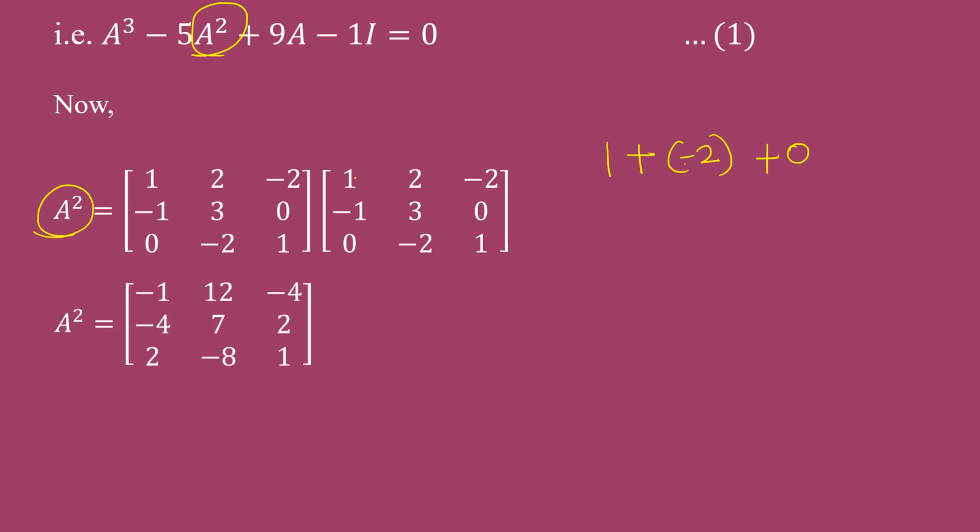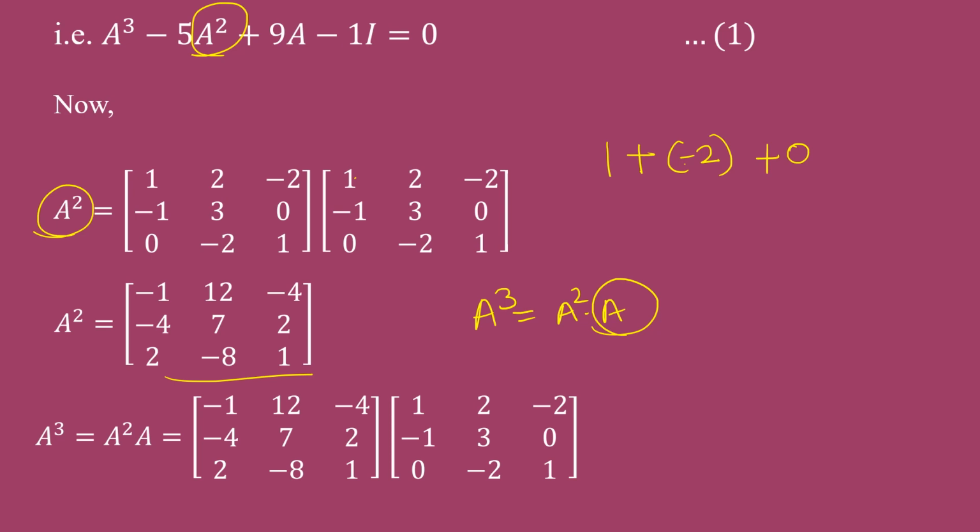So this is what I got after doing the multiplication of A times A. So we got A square, and next you are going to calculate A cube, which is going to be A square times A. We have A square already with us and we have A also with us, and then you are going to multiply them together. Again, both the matrices are of order 3 by 3, so the resultant matrix is also going to be of order 3 by 3. So this is what you are going to get after multiplying these two matrices. Now we got A cube, we got A square. Now you are going to put them in the left hand side.